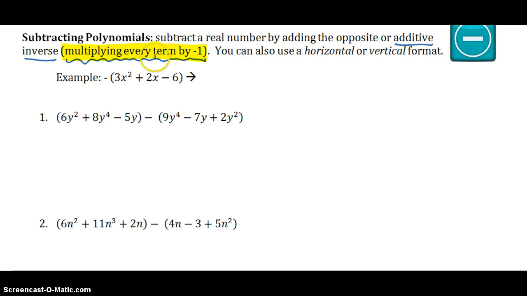So let's practice what this means by multiplying every term by -1. If there is a negative in front of the parentheses, that's the same thing as having a -1 in front of your parentheses. So everything inside the parentheses gets multiplied by the -1. You're distributing the negative. So it's -3x squared minus 2x, and negative times negative makes +6. So if you keep that in mind as we look at our first example,